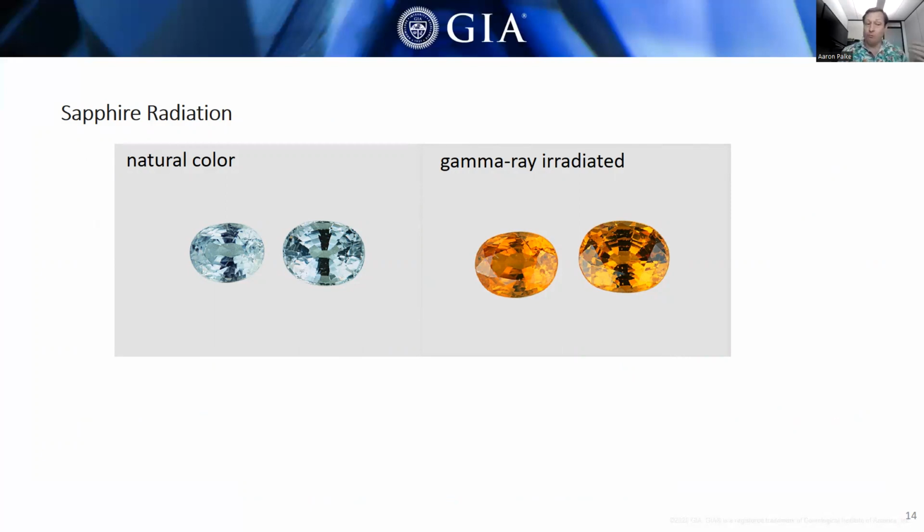So it's been well known for a long time that we can take some sapphires and artificially irradiate them. In this case, they used a gamma ray source to irradiate this sapphire. This is actually a very interesting case. We were doing some studies back in the early 2000s when there was this anthrax scare. And then the USPS started experimenting with using gamma rays to neutralize potential packages of anthrax that were being sent in the mail. And so people also in the gemological community started to wonder if this might affect the